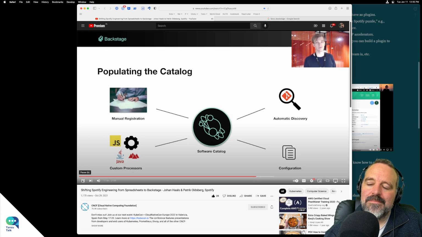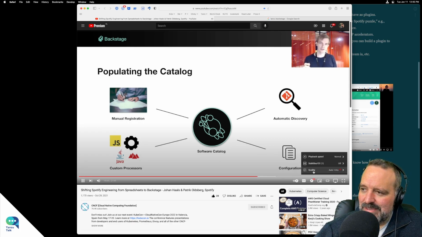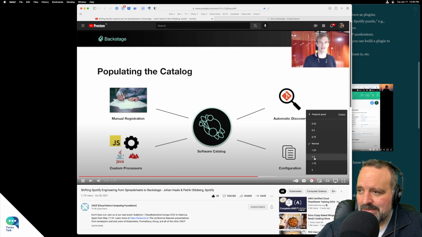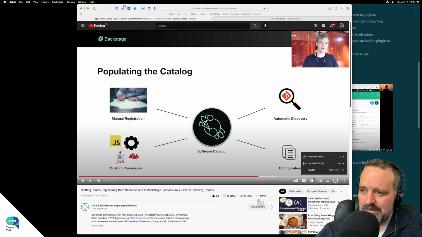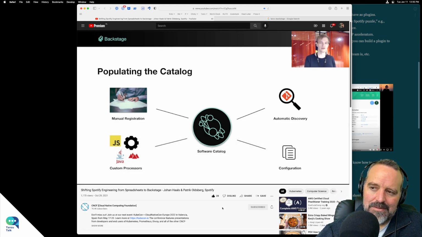Another convenient method is through configuration. When deploying the catalog, you can provide it with a list of locations for it to include. This method is great if you're the one operating a Backstage instance. And you can, for example, use this to lock down who is allowed to add entities of a certain kind through rules in the catalog. A typical use case for this is to statically configure all of your software templates and then forbid users from registering any more of those.